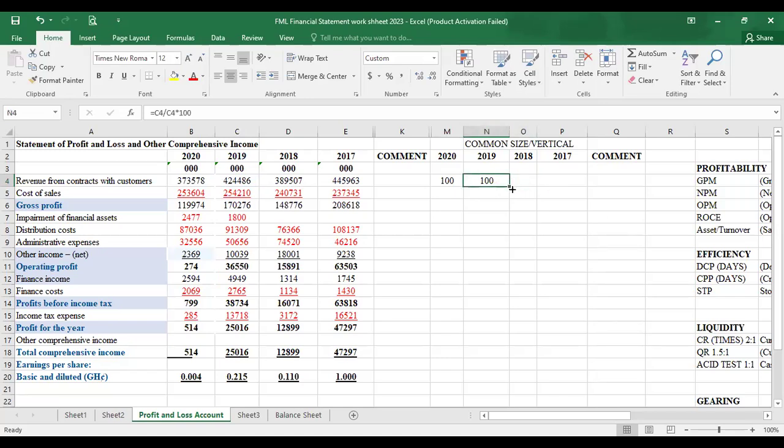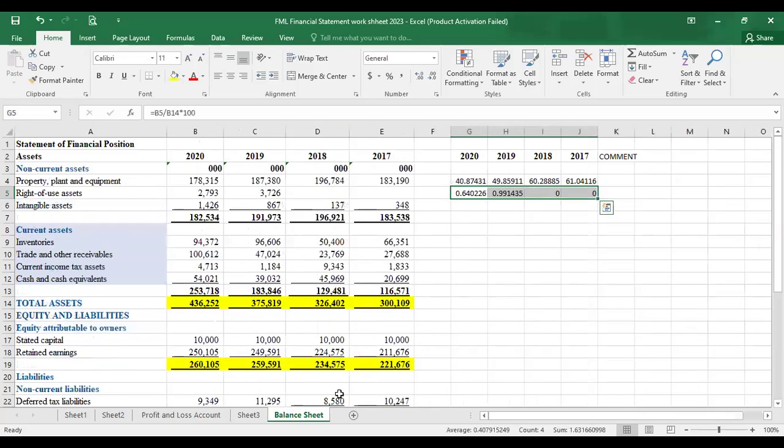The same thing would be done for 2018 and 2017. Because revenue is the base, since it is a profit and loss statement, or an income statement, we are working with. If we go on to the balance sheet, then here,